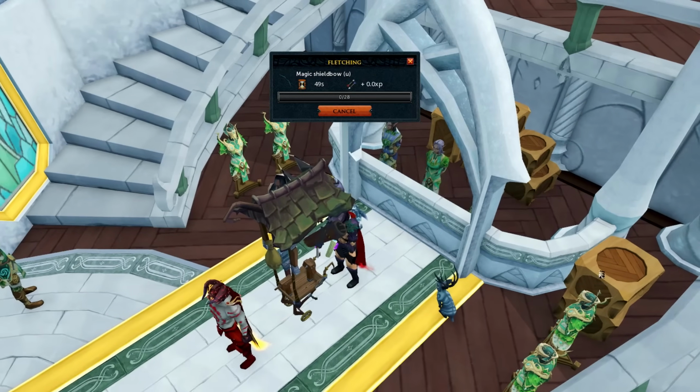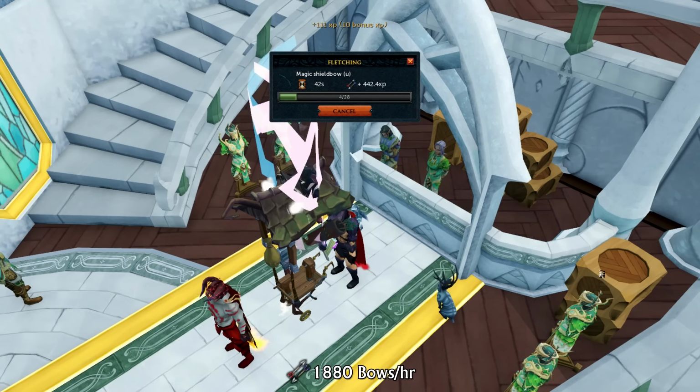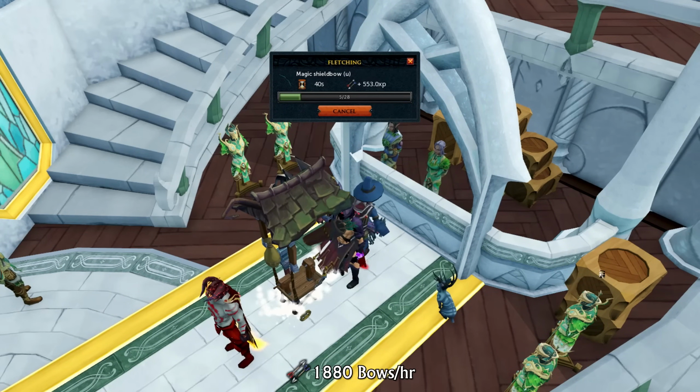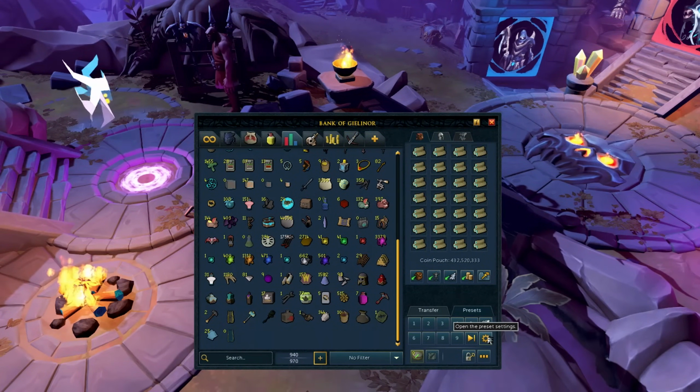Let's start with the slowest method of training fletching, being cutting logs, and this is a route I seriously would not recommend, but if you want to do so, you can get about 1880 unstrung bows per hour with a portable fletcher. When training fletching with cutting and stringing bows, don't forget that you can make yourself a bank preset